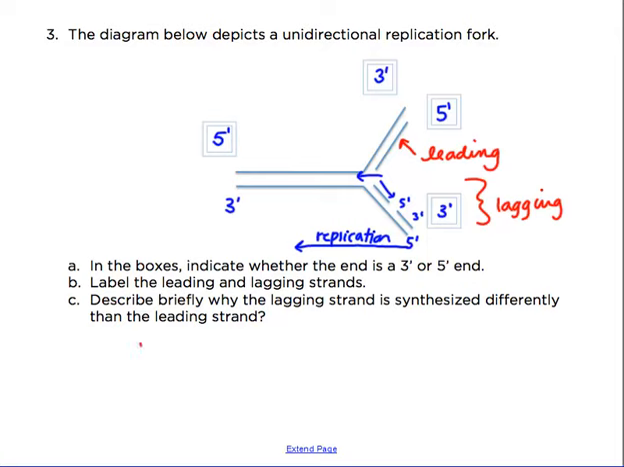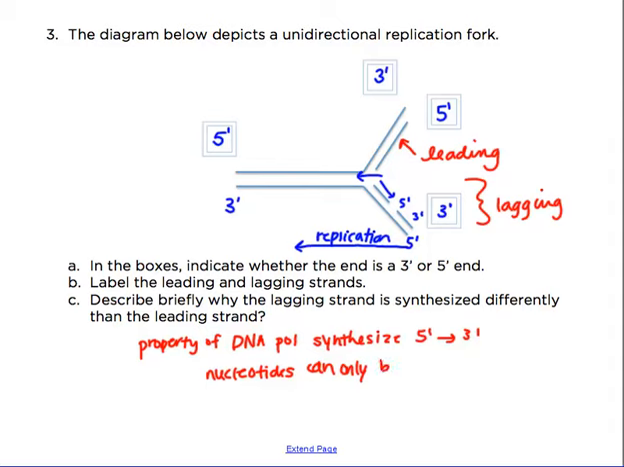Again, this is due to the property of DNA polymerase that only allows it to synthesize DNA strands in the 5' to 3' direction. So it can only synthesize 5' to 3'. And that's because they can only add new nucleotides to the 3' hydroxyl, and that's why synthesis can only occur this way. So nucleotides can only be added to the free 3' hydroxyl. Okay, so that's why they're different, but